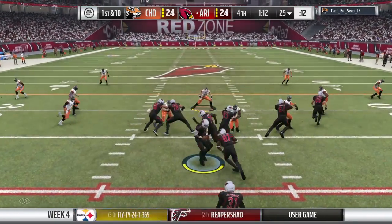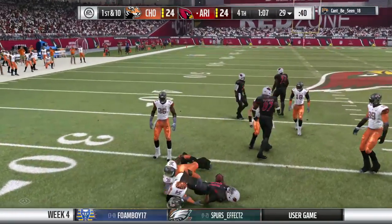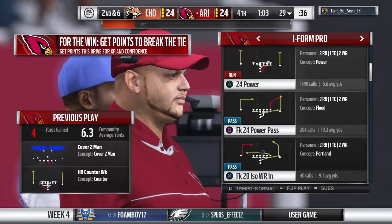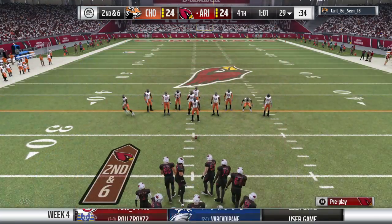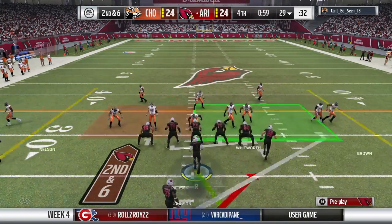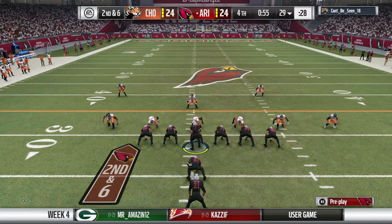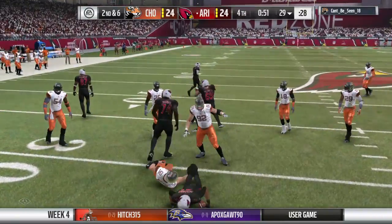They come out here in the I. And they'll start the drive on the ground with Johnson. And he's able to plow forward up to about the 29, just shy of the 30. Call it a gain of 4 on first, and that'll make it second down. See if they stay on the ground for second down. Not a run that you're going to write home about, but still a good first down run. That's what an offense calls staying on schedule. 3 to 4 yards on first down, you're set up very well for the...